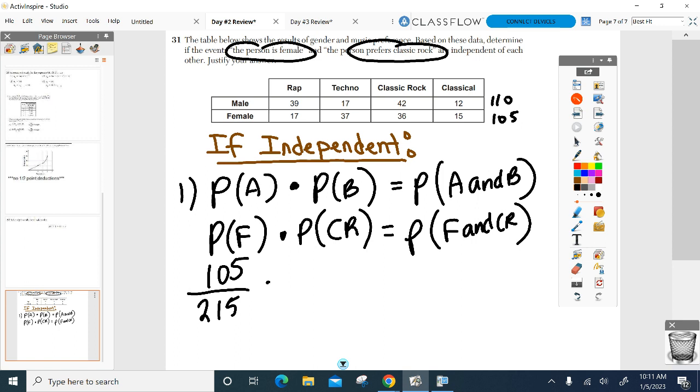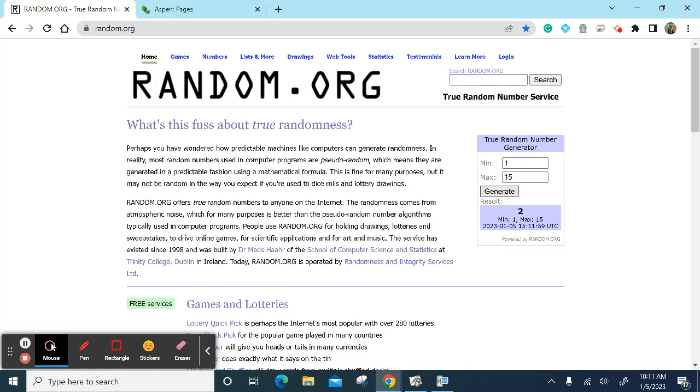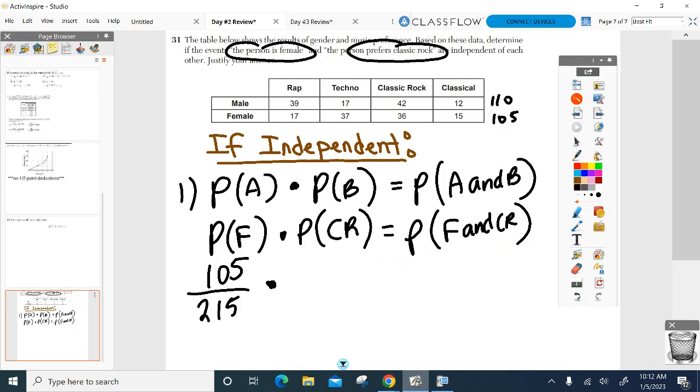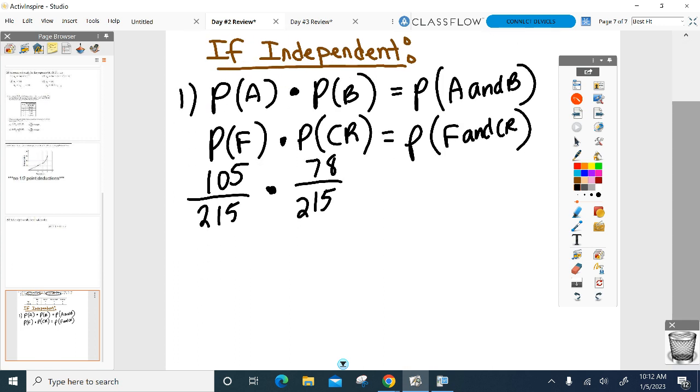Now let's do it for classic rock. What's the probability you get somebody who likes classic rock? Anybody. Anybody who likes classic rock. How many like classic rock in this chart? 78. We had 42 and 36. Out of, again, I don't put 78 out of 215. And we're going to multiply those two in a second and see if it's equal